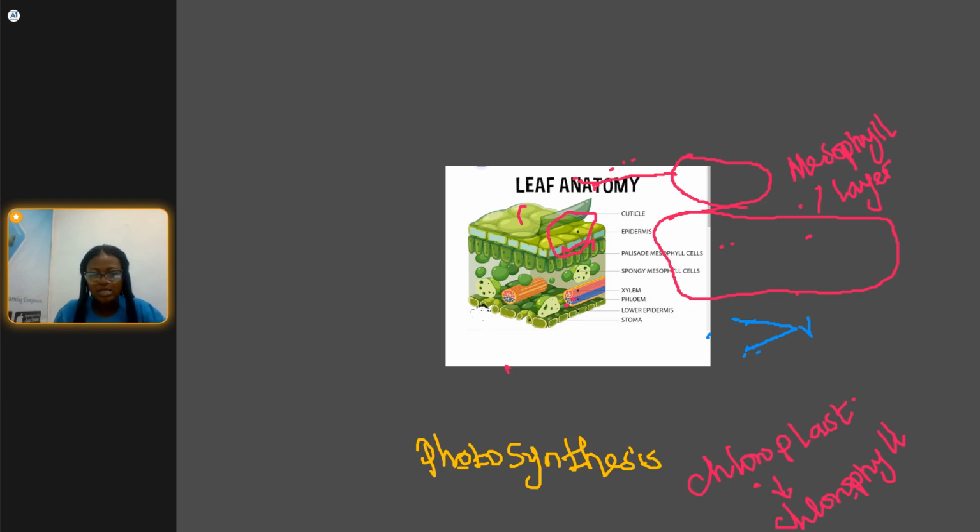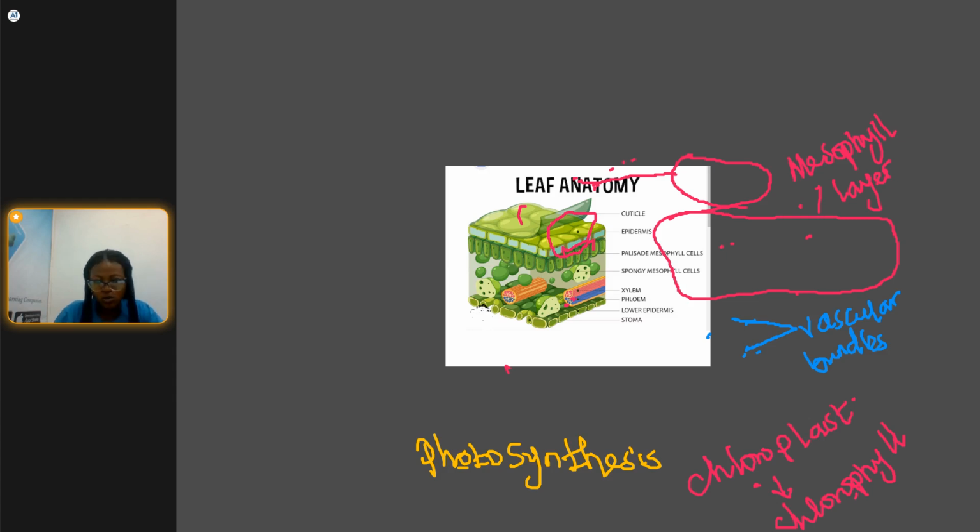All right, these are the vascular bundles. And I explained earlier that the xylem helps to transport water and minerals to the leaf, while the phloem helps to transport sugar to the other parts of the plant. So these are the major